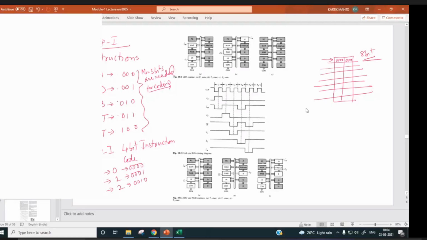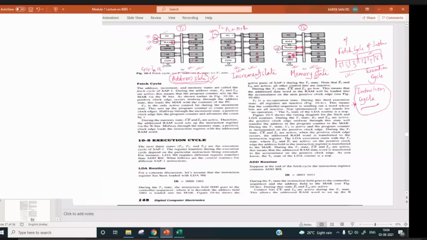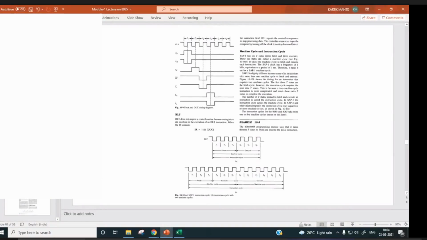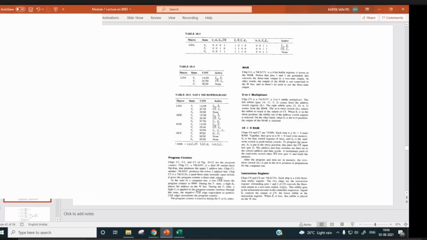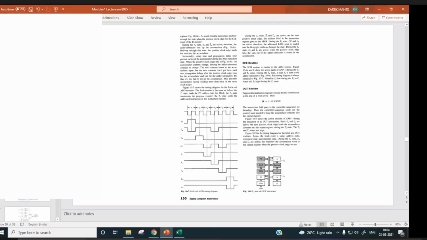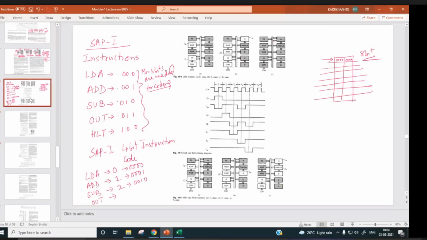And for out, I'll have to check for out what is the code. It is written somewhere.